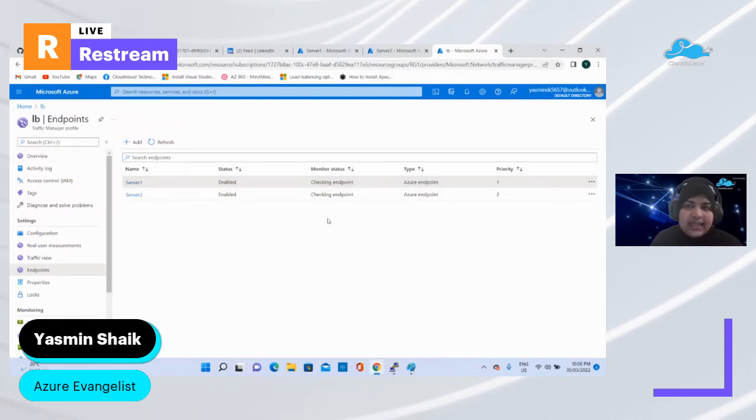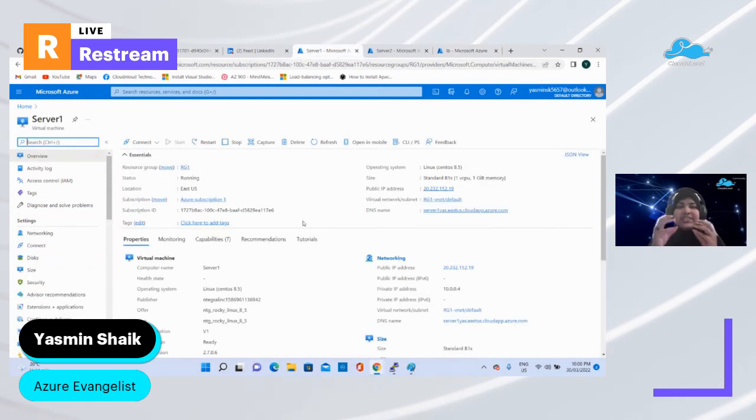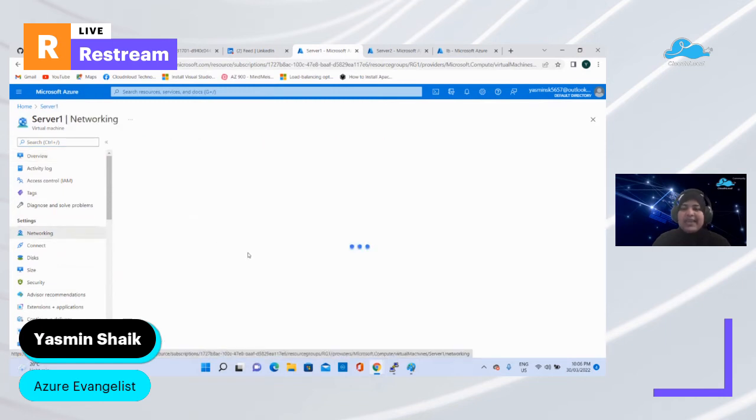Until then, if you remember, while creating the virtual machines, we did not enable the HTTP port in the network security group to accept traffic from the public internet, right? Because we have set up these virtual machines as web servers, to access your web server, port 80 should be enabled so that any HTTP traffic is able to access your web server. But while creating this virtual machine, we have not allowed the port. We have just allowed the SSH port 22.